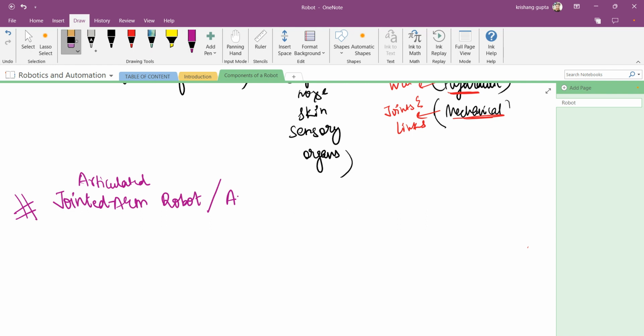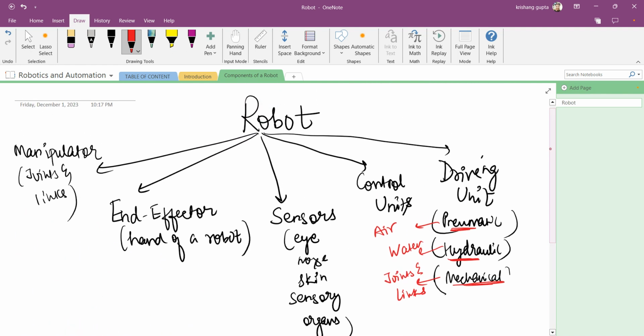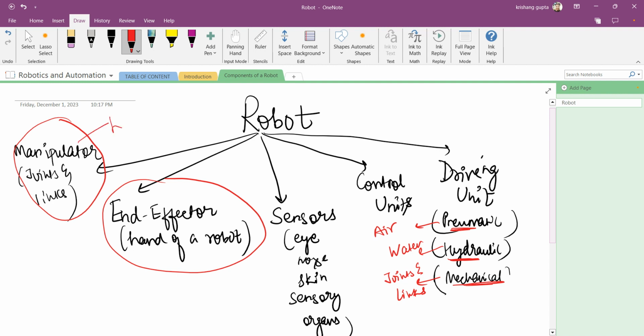Right. So, how will it look like? It should have a sensor. Broadly, it should at least have a manipulator, and it should at least have an end effector. If let's say I cannot show the sensors, control unit, and driving unit, so the diagram should have a manipulator, or basically a body. Consider it as the body and the hand,